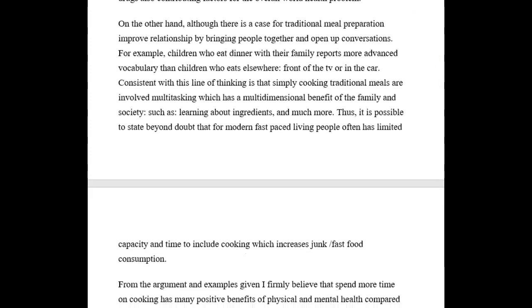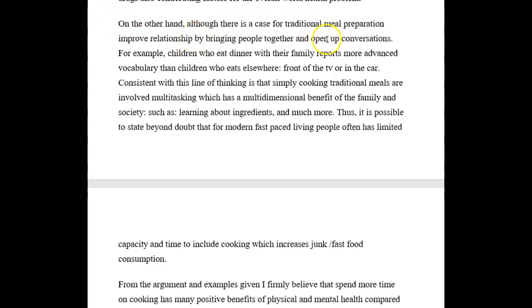Let's keep going. "On the other hand, although there is a case for traditional meal preparation," okay, you don't want an "although" here, because an "although" is used with two clauses. In other words, two separate sentences that are joined together. So why don't we get rid of it momentarily? "On the other hand, there is a case for traditional meal preparation improving relationships by bringing people together